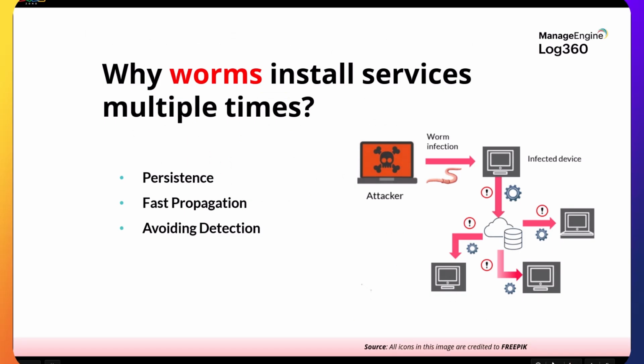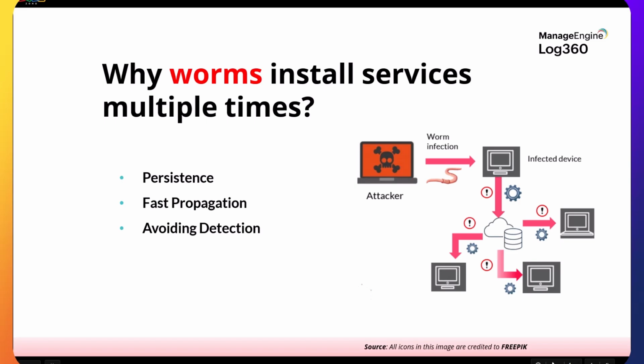In environments where services are shared among multiple devices, for example shared file systems and print services, a worm can quickly spread across all connected devices by exploiting the shared service or by installing multiple services on compromised systems on the network. A worm can also install multiple services to increase its chance of survival. If one installation is detected and removed, others can remain active to continue spreading. Also, multiple installations can distribute the workload of spreading and infecting other systems.